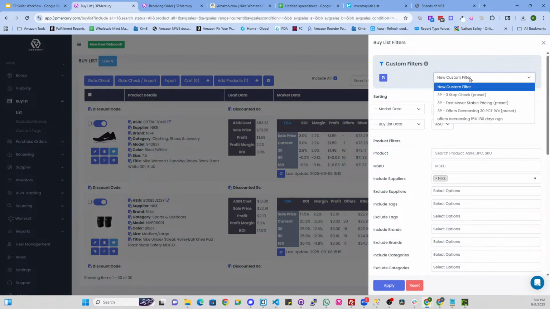I can literally just go through this and find a lot of preset filters, like offers decreasing. These are my opportunity buy filters, meaning I want to find all of my leads where the seller count has dropped off, right? I can do my 3-step check, if you guys know what that is, across my entire database of tens of thousands of ASINs within seconds, instead of having to manually do a 3-step check process,